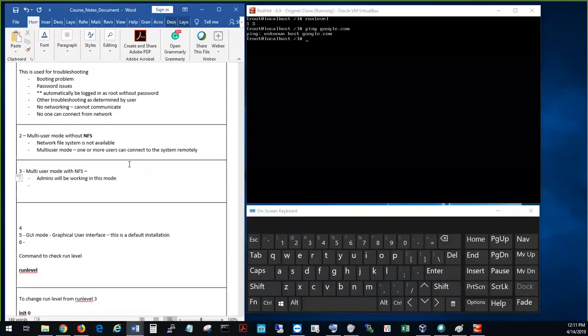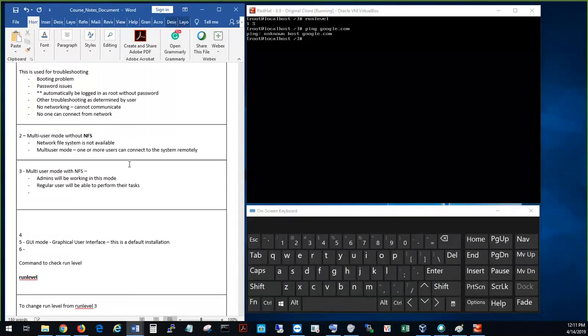So admins will be working, regular users will be able to perform their tasks. Okay, NFS will be available,